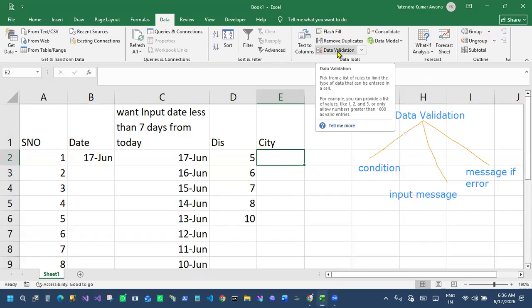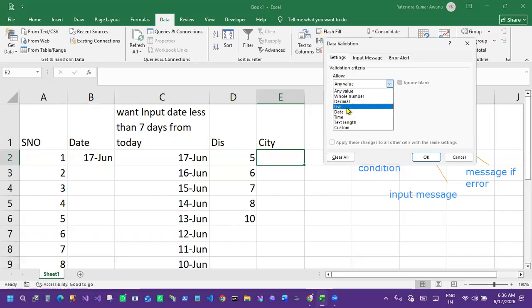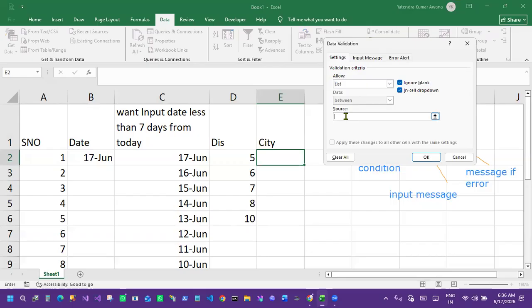So we will come here, data validation, and here we will take a list. In source, you can put the city names using commas for separation: Noida, Delhi, Agra, Lucknow.